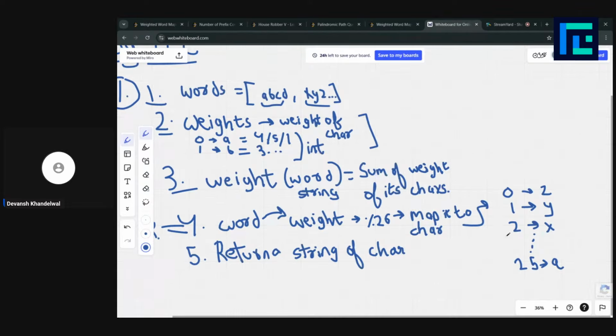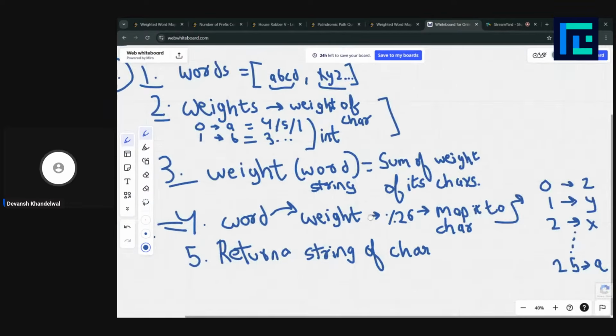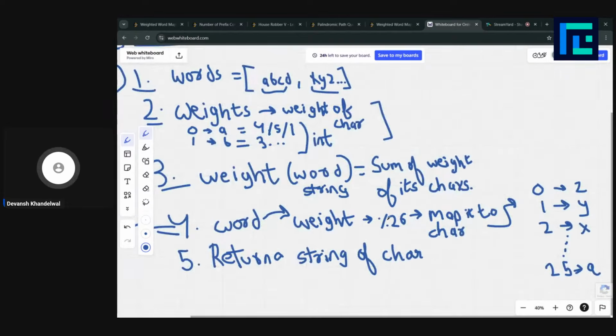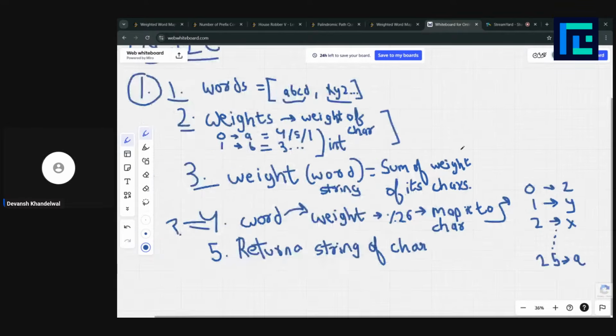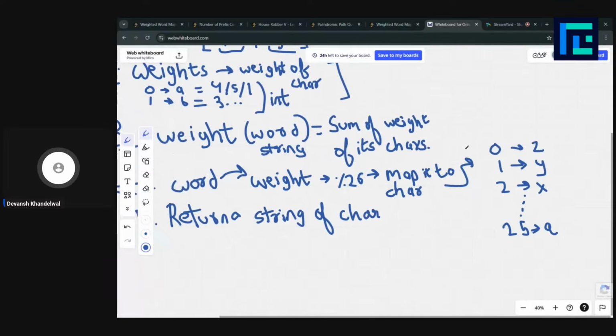So this is the entire question we are given. And this is the classic LeetCode easy, the very first problem of LeetCode. It doesn't have any riddles and all. It's just an implementation problem. It's on the easy side. That's what I meant to say. So this is the entire question.